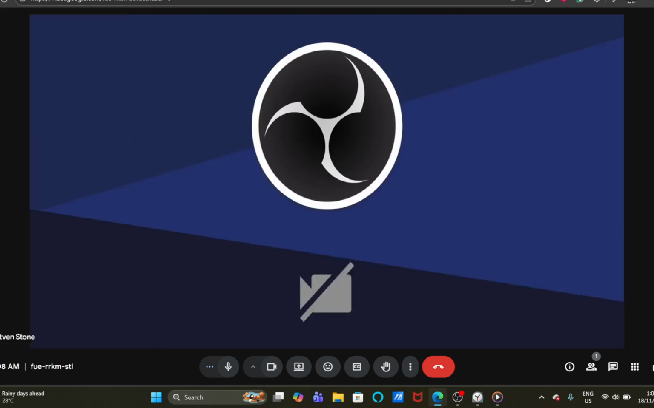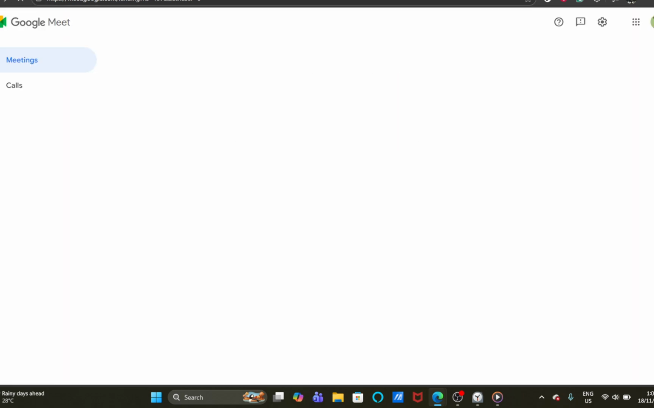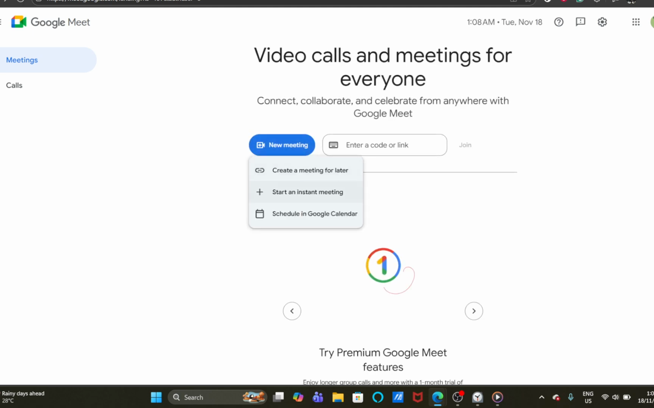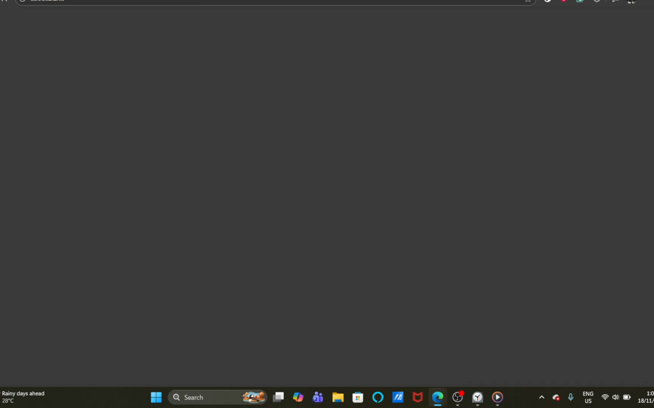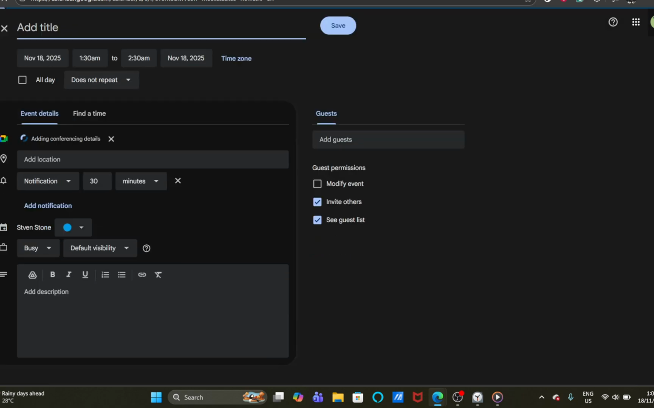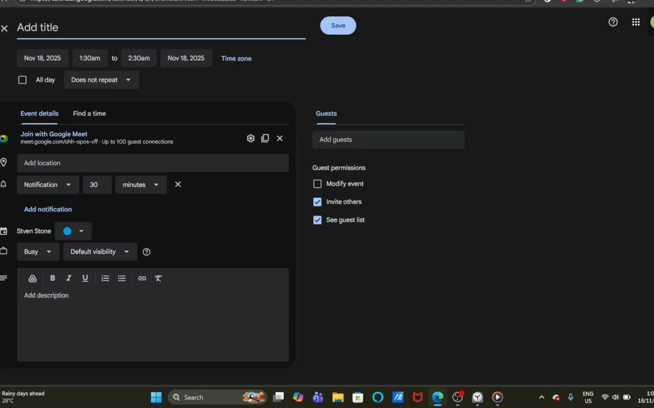And finally, we have Schedule in Google Calendar. This is probably one of the most comprehensive ways to organize your meeting. By using Google Calendar to schedule your meeting, you can set a specific date and time, give your meeting a title, and even add participants directly from your contacts. This feature integrates smoothly with your existing calendar, helping you and your participants keep everything in order. It's perfect for planning meetings well in advance and ensuring that everyone is on the same page regarding timing and